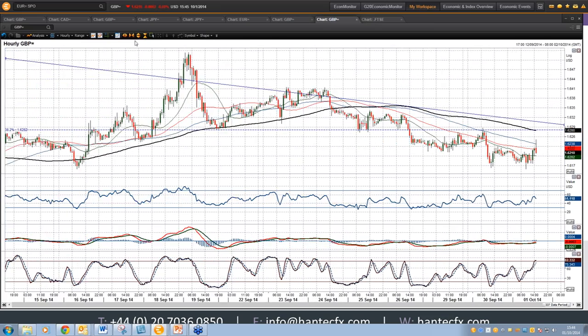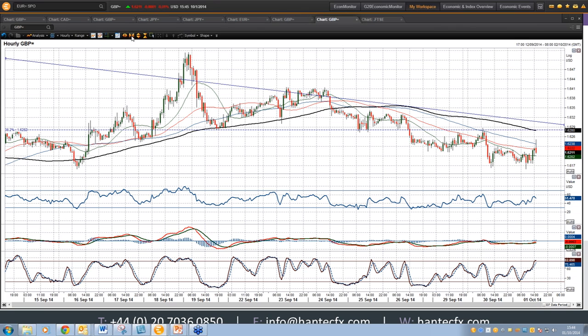You've lost that key support at 62.82. It was holding up cable throughout all of last week, and now that's become the base of resistance. You've had a rally towards that, found it as resistance, so that is now selling pressure. I just think any sort of rally towards that 62.50 up towards 62.80 is a chance to sell on cable,